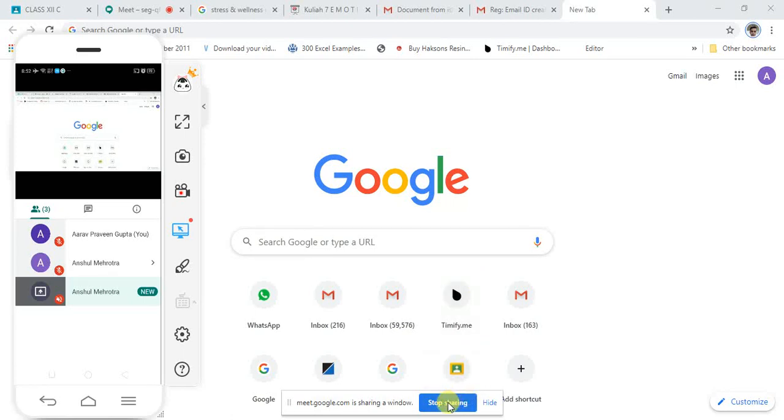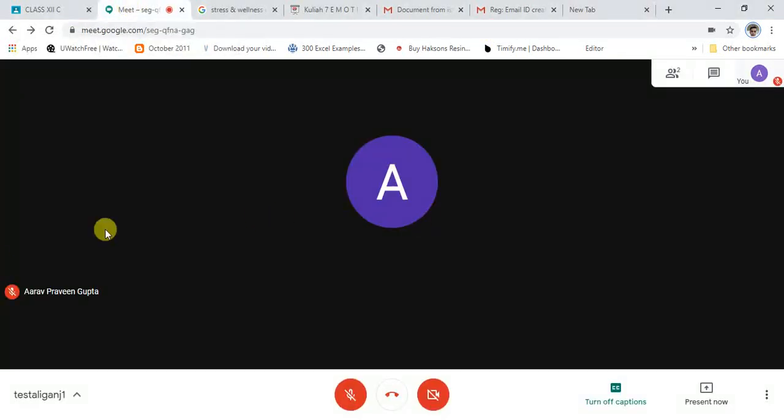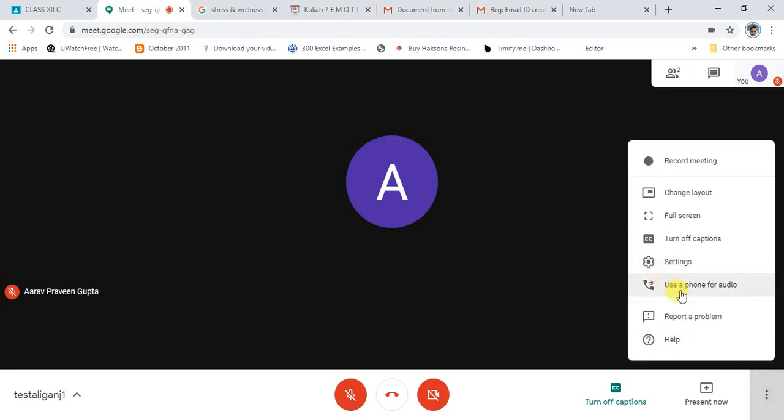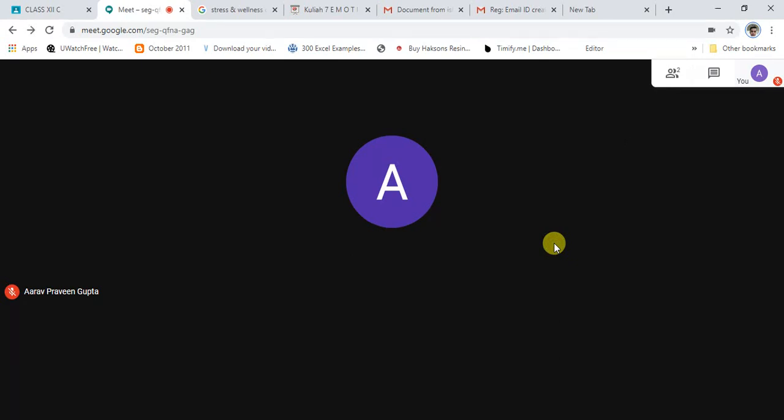Let's turn off the sharing option and come back to our Meet session. Apart from this, you can share your different worksheets, show YouTube videos, and any number of things you can do.